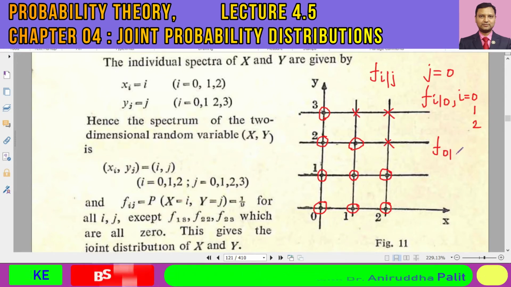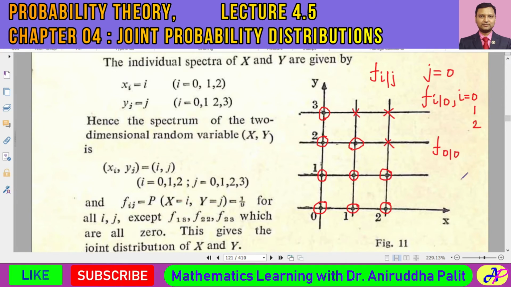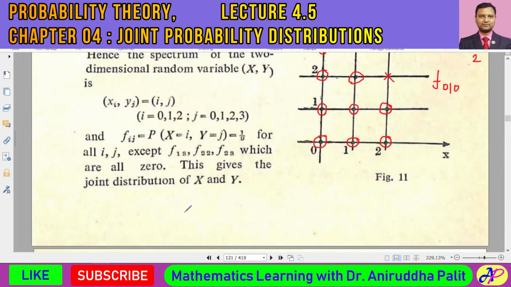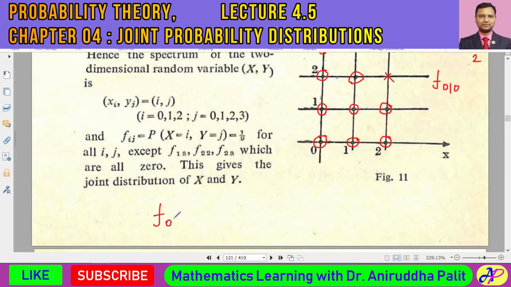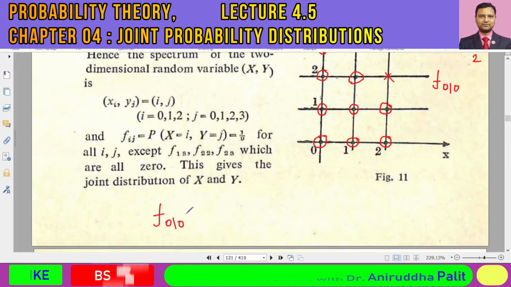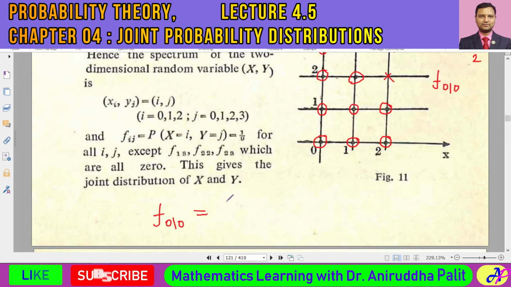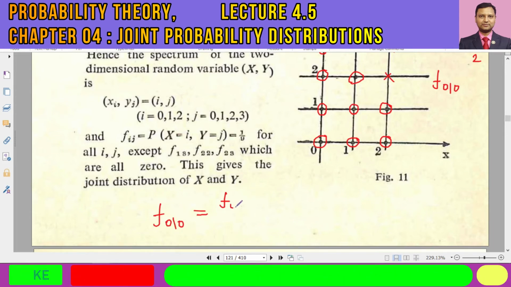For j equal to 0, we need to compute f of 0 given 0. How to compute f of 0 given 0? Let me write it over here: f of 0 given 0. As per the definition, if i is equal to 0 and j is equal to 0, we should write f(0,0) divided by